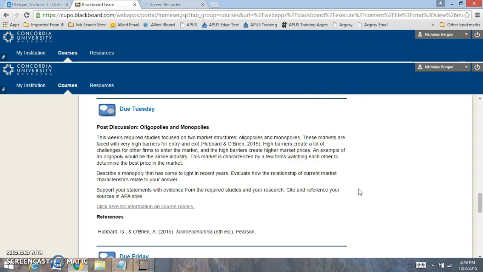Then by Tuesday, you have the discussion board post, and what we're looking at is the high barriers to entry and exit in the market. Describe a monopoly that has come to light in recent years and evaluate the relationship of the current market characteristics. Look at a monopoly in your local area and relate it to the market characteristics of why it is a monopoly. In your example, make sure to have an APA formatted in-text citation or reference to support